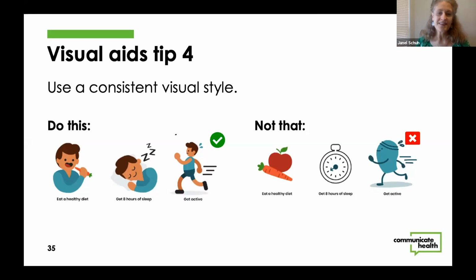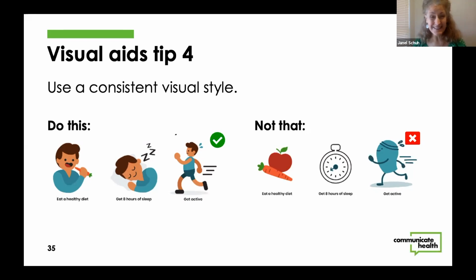So with the same character, with the same visual style, we're able to say, okay, these are three things that if I were that person, I could do: eat a healthy diet, get eight hours of sleep, get active. On the right, you have the same three actions, steps that I can take, but you see that I can't